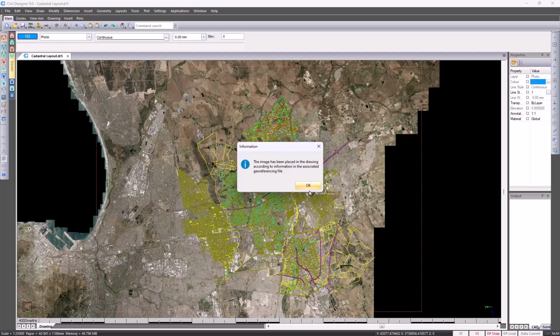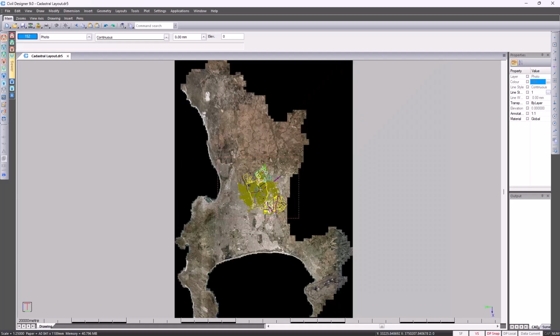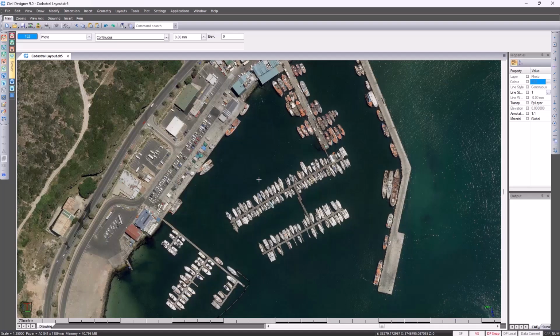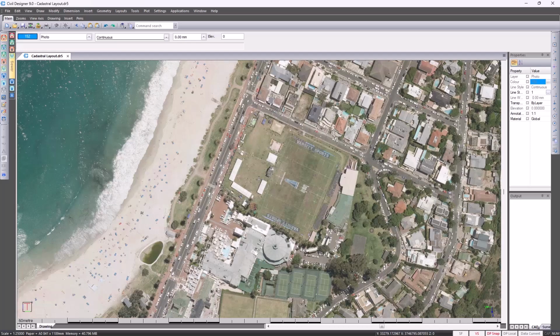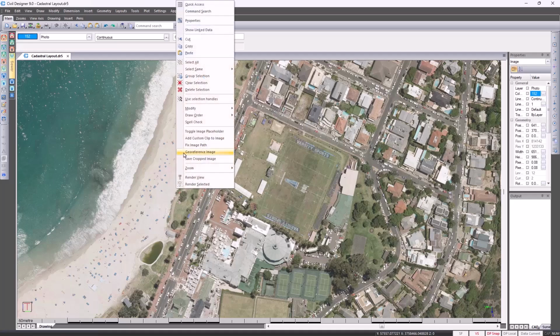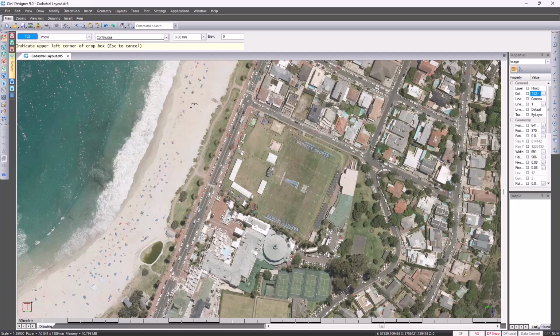We got confirmation that the image has been placed in the correct georeference position. To zoom out and show you the extent of this image, you have the option of saving viewports. Depending on the design areas of choice, you can go and save these viewports. And as an example, if you don't do a development where the sports ground is, you don't particularly want to be working with a large 28 gig image all the time. So instead, you can go and right-click, Save Cropped Image, specify the region of the image that you want,